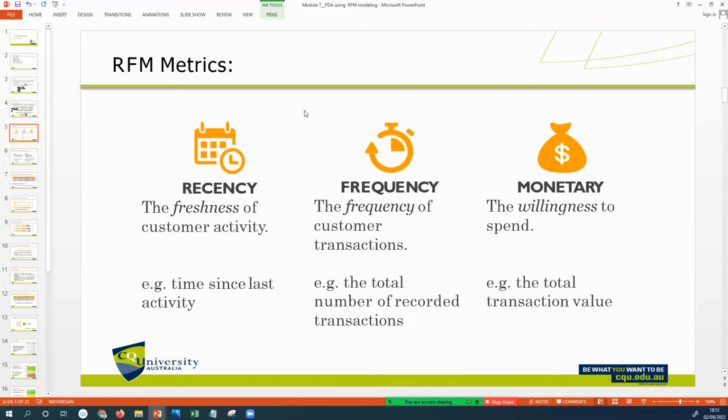What are the metrics that we use in RFM? We use recency, meaning the freshness of customer activities, with the indicator of how long it has been since the last activity with your company. How recent was Emma's activity towards the product or the company? How recent? And then the frequency